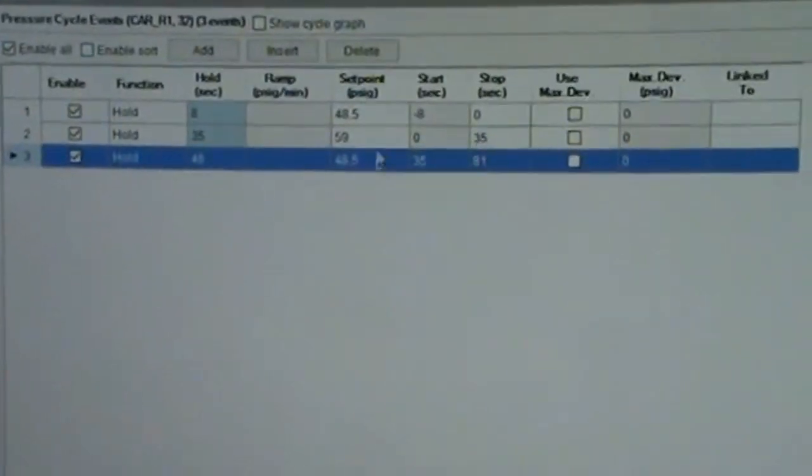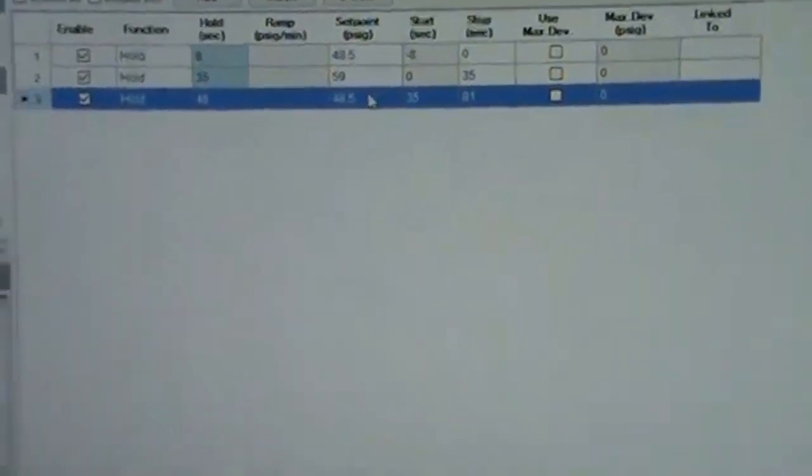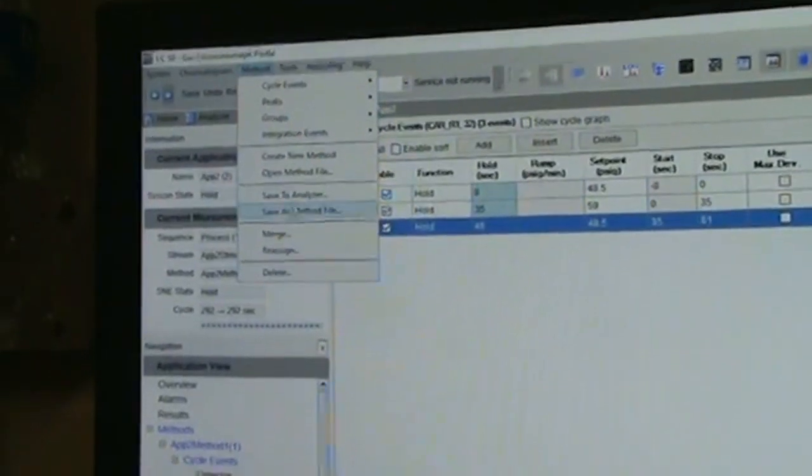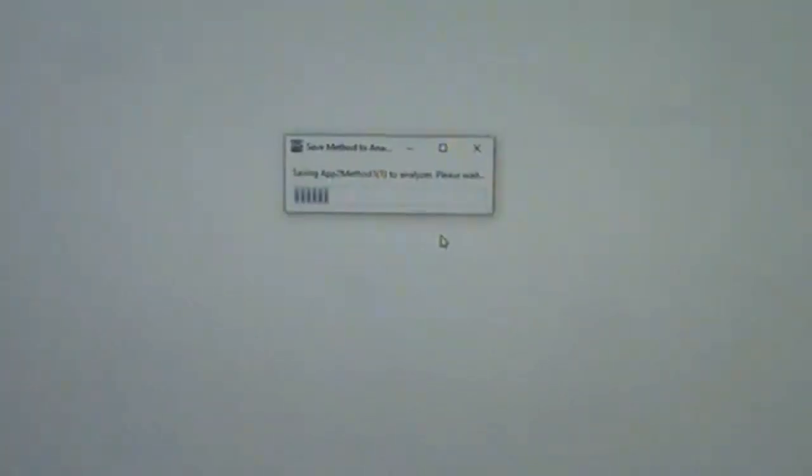And those are our pressures, and I'll explain those later. Oh, wait a minute. Yep, we're good. Okay. Method, save to analyzer. We could have done all these changes and then said save to analyzer all at one time, but